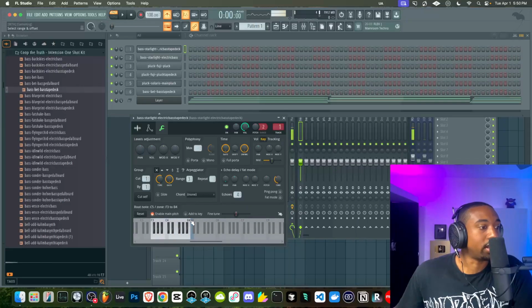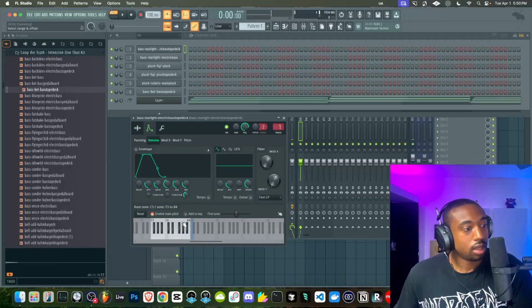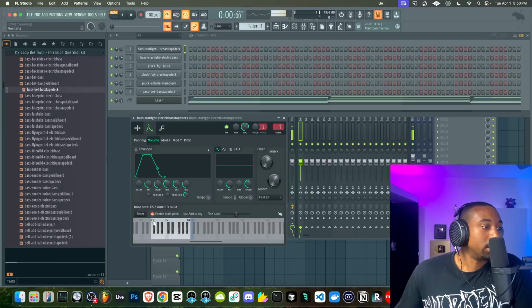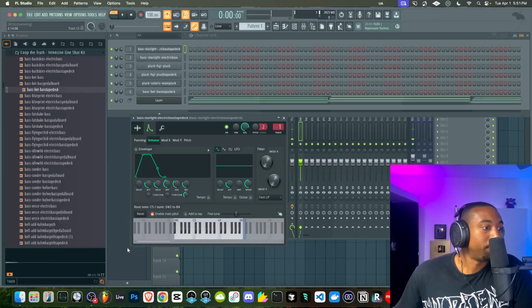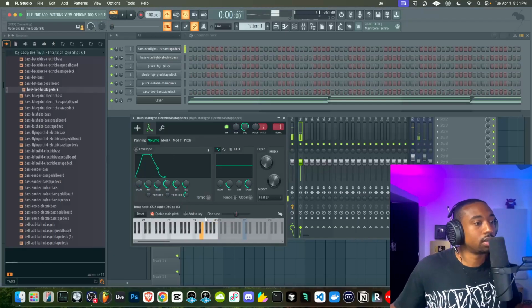So we're going to set a range. This is called a key range. If you go to the wrench tool or just even the envelope tool, you can left click on the keyboard to select the key range. So if I select everything below C4, let's say, and then let's go all the way down to like C0. Basically, these notes will only trigger if I play those on my keyboard, which are really low notes.